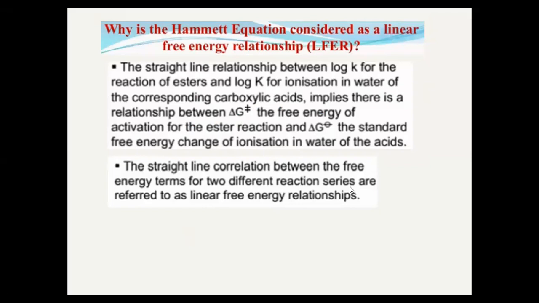The straight line correlation between the free energy terms for two different reaction series is referred to as a linear free energy relationship. What is the meaning? If delta G star is increasing, it means that for this particular reaction of ester hydrolysis, similarly, you can apply the same concept while studying the ionization of benzoic acid in water. That gives you delta G 0, the standard free energy change